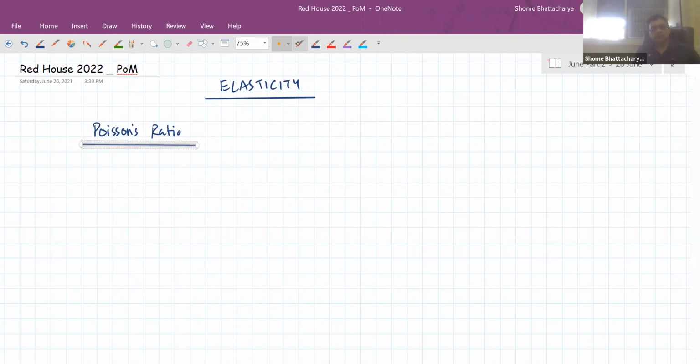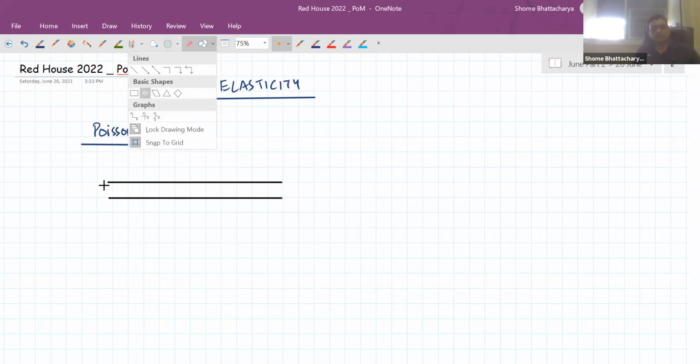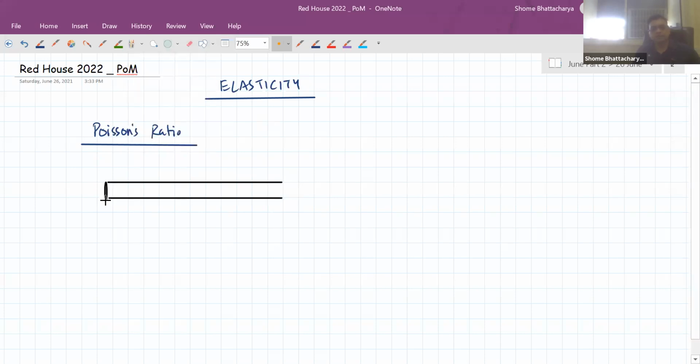So Poisson's ratio is to do with the fact that solid materials, when they undergo a longitudinal compression or extension, will also tend to undergo a change in cross-sectional area. And typically that happens in such a way that when there is an extension in length, there should be a reduction in the cross-sectional area and vice versa. Okay. So if this is, let's say, the natural length and natural area of cross-section of a solid material,